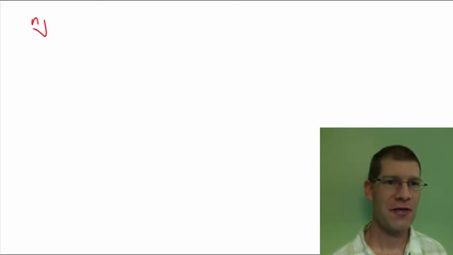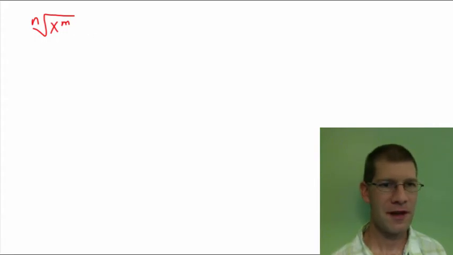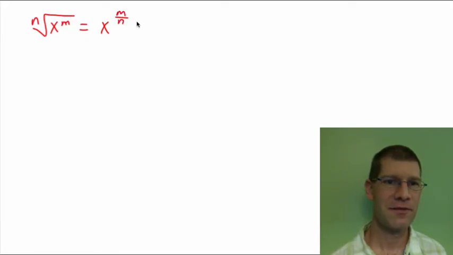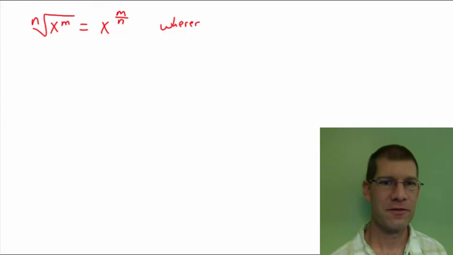So now let's go through and summarize. I'll put it in red because here's the rule: if we have the nth root of x to the m power, that equals x to the m over n, because the root is always the denominator. This is really the end of the chapter 7 stuff. And that's going to be where